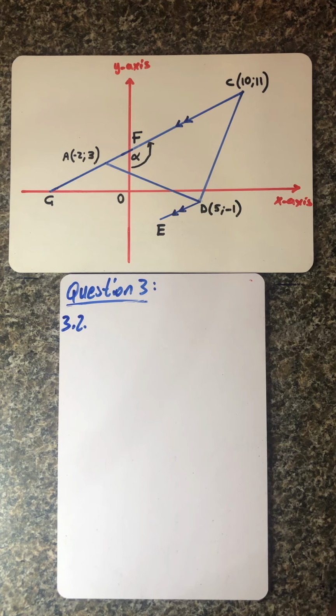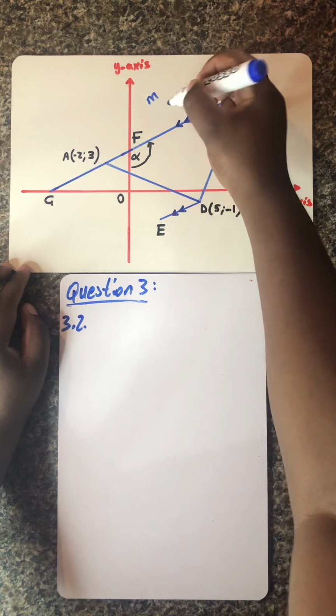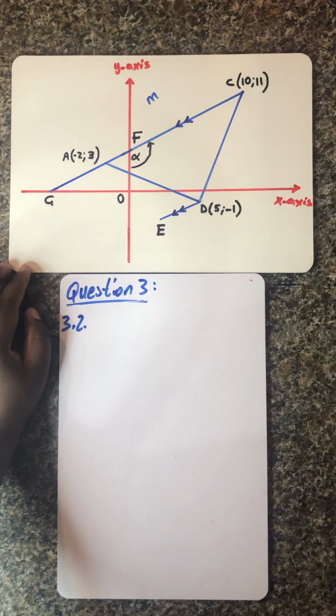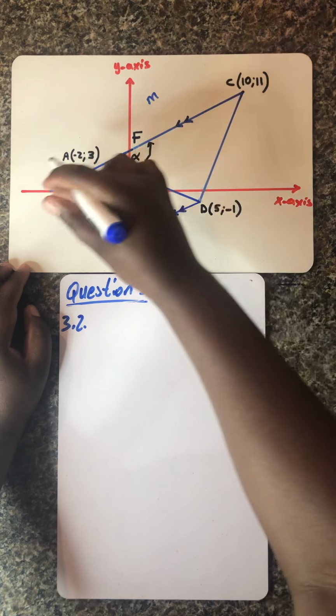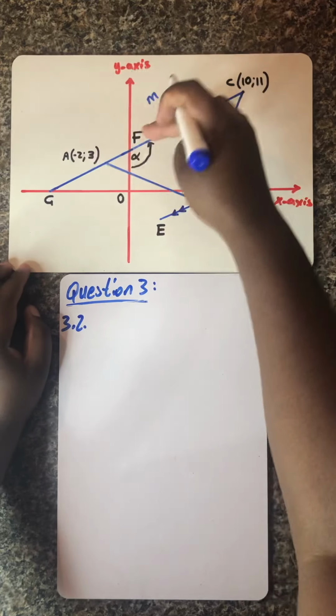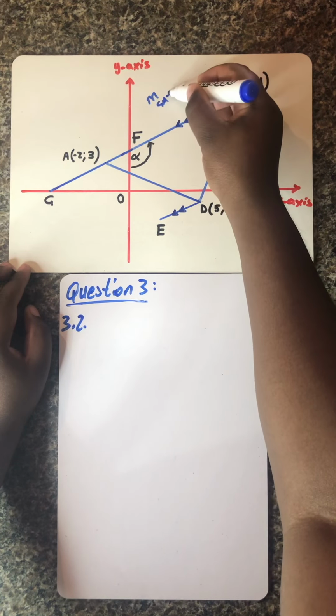So ladies and gentlemen, can I just write there to say that line, let me just say m of G, A, F, and C. Okay, G, A, F,